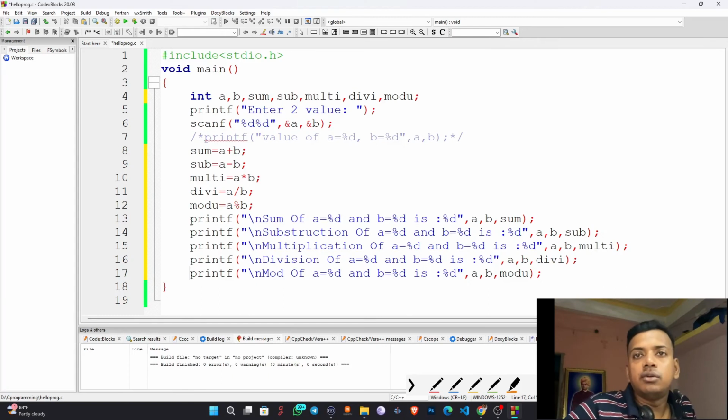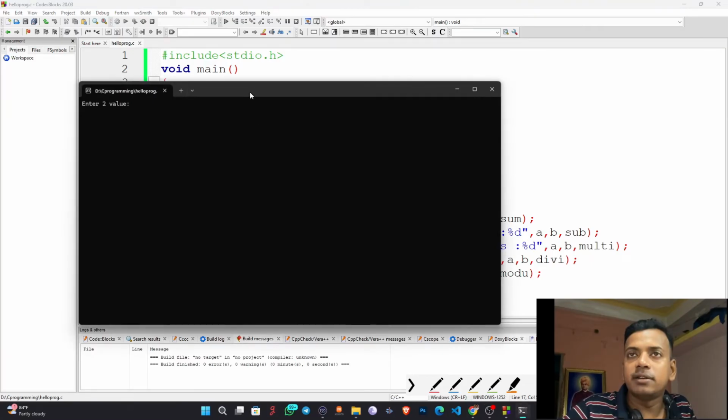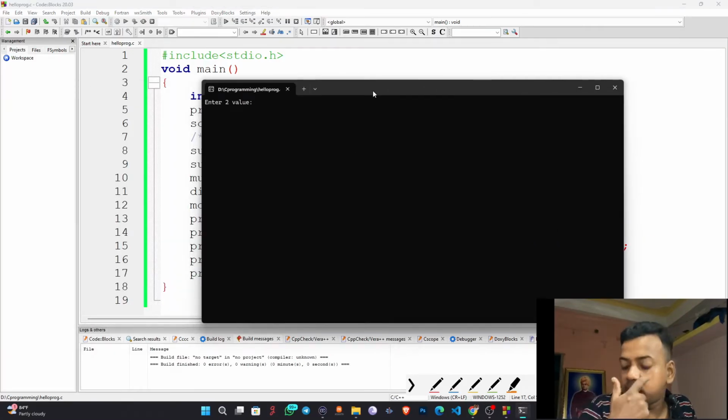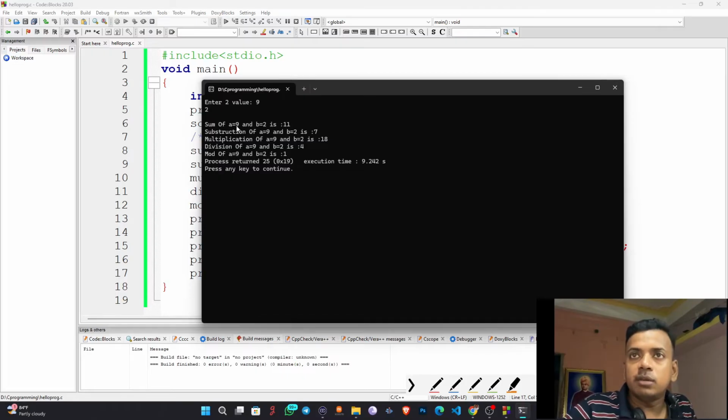So now you can see whatever value we declared here, everything we just assigned into that printf statement. Let me run the program, compile and run, then enter two values. Suppose we enter 9 then 2. See, sum of a and b is 11, then 7, multiplication is 18, division is 4, then